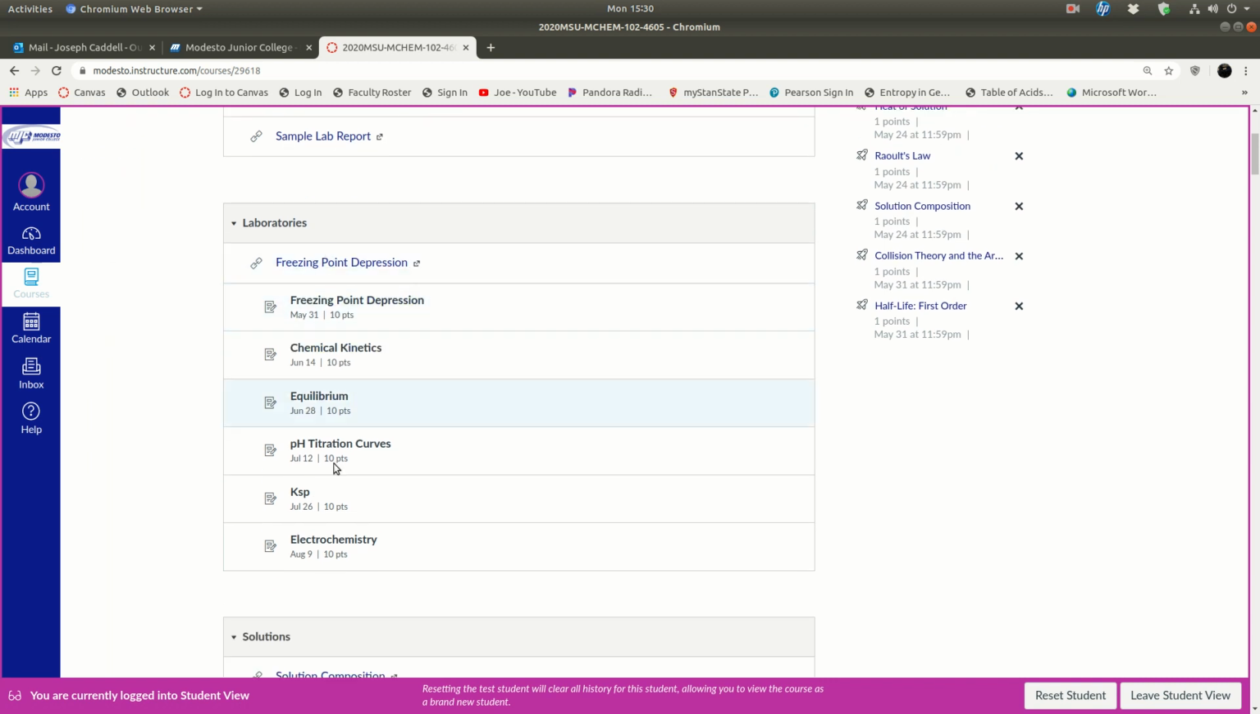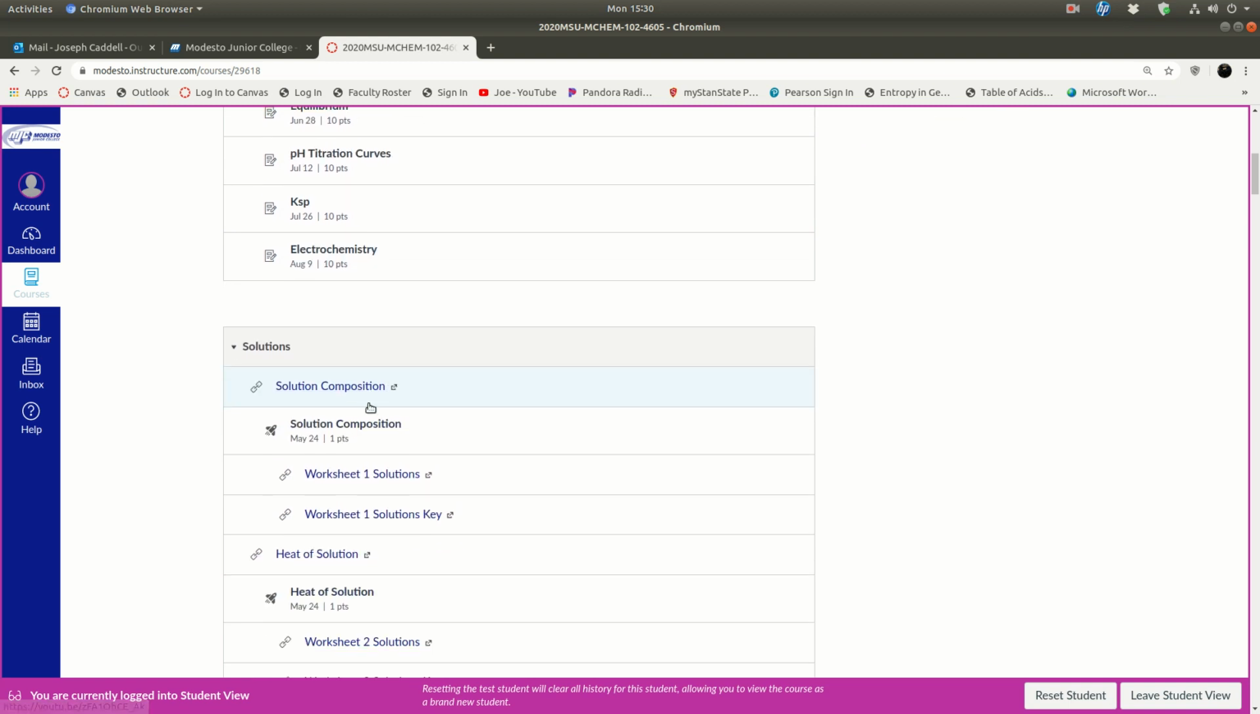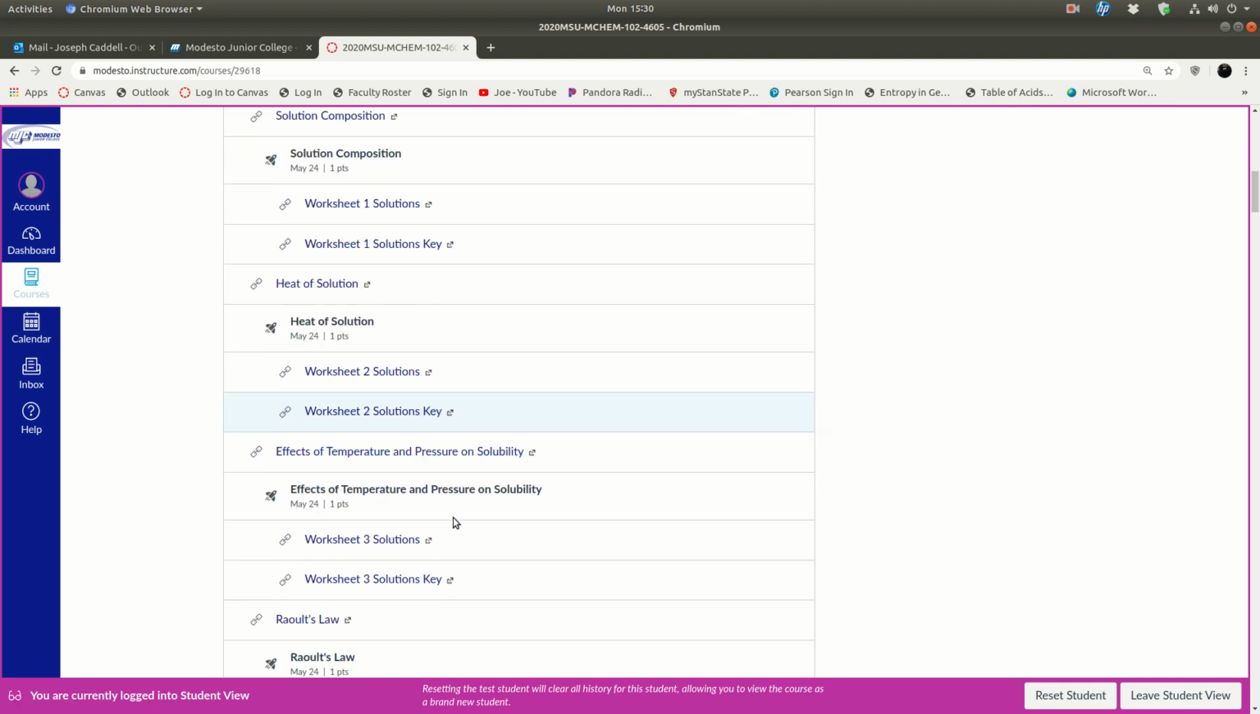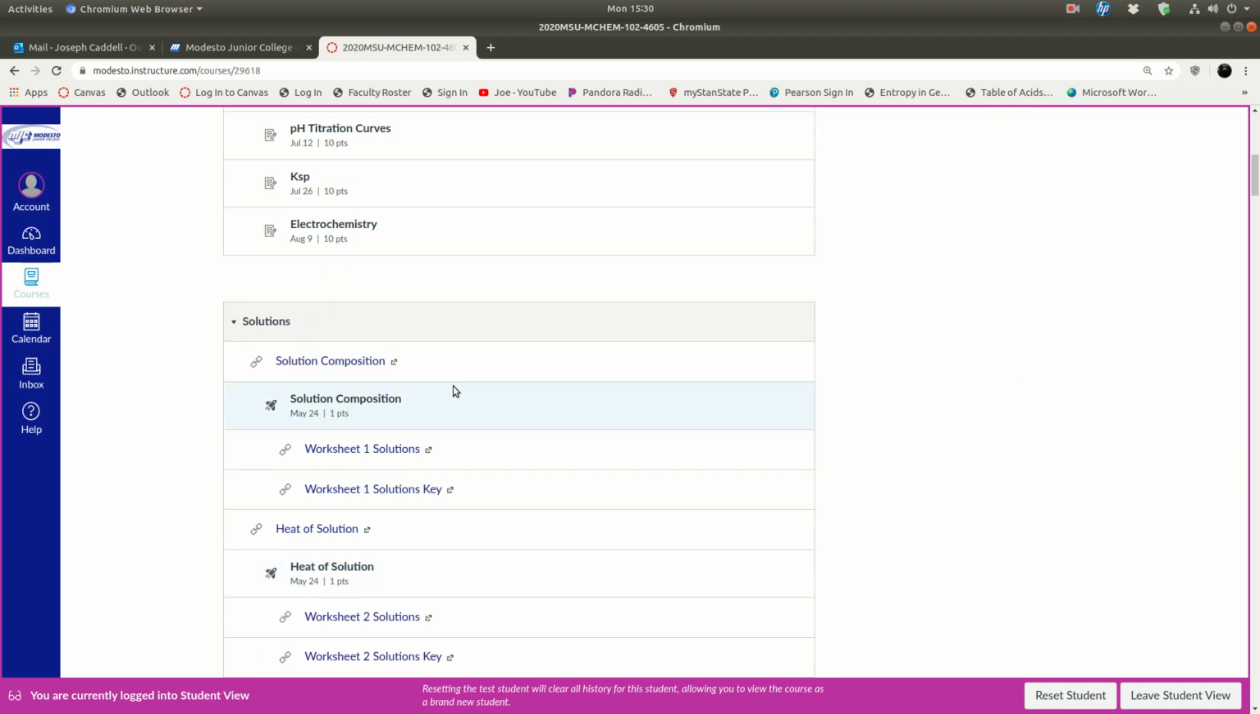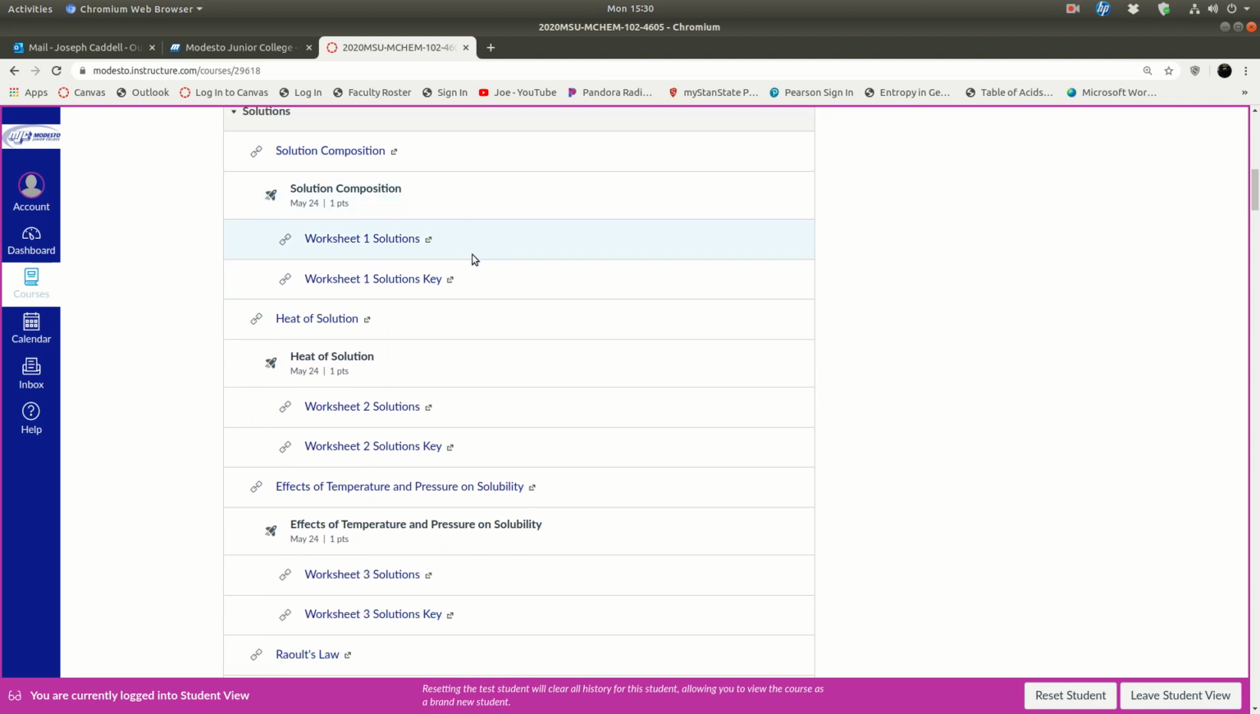After that, there's a laboratory module, which has all the information on the labs that you'll need. And then every module that comes after that is like a chapter in a textbook. It's one topic, so solutions is the first topic, and within each of these modules,